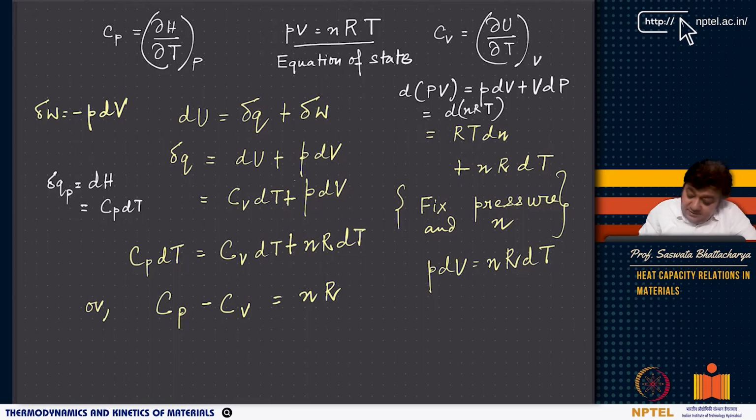Remember, n is the number of moles of the ideal gas. However, when it comes to non-ideal gases or any other substance, it becomes slightly more complex. In fact, knowing the definition of entropy becomes very useful there, or applying Maxwell relations that we will learn soon. I will come back to that, but please remember that there is a difference between heat capacity at constant pressure and at constant volume, and for an ideal gas that difference is equal to nR.